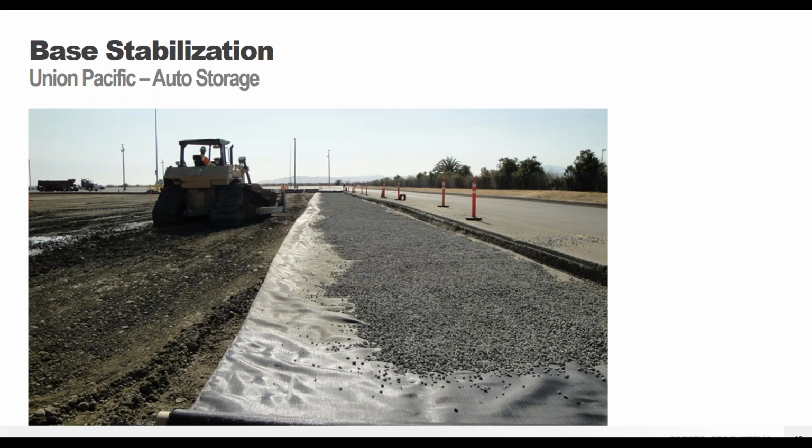So again, we worked closely with the engineer and the railroad to provide our solution. And this included a 6-inch base layer and a 6-inch deep GeoWeb panel, so a 12-inch total cross section. So that base layer provided additional support, but also was an area for water to be able to move underneath the asphalt surface to prevent pore pressure buildup. Because they knew that this was such a wet environment, they didn't want to have concerns about pore pressure building up underneath the asphalt and potential uplift because of it. So they added that base layer to have a thicker cross section to allow for free water movement without disturbing the surface layer.